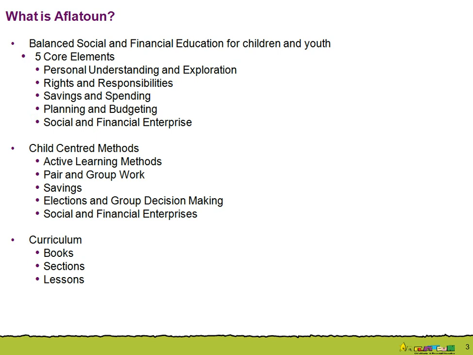So the final component that we think about when we're thinking about what is Aflatun is, of course, a collection of books. Each book has sections, and each section has lesson plans, and all of these have particular objectives, right? And it's important for us to distinguish the objectives from the lesson plans, because obviously our partners, including you, need to make adaptations for your local context of the lesson plans, but we hope that the objectives remain more or less the same.